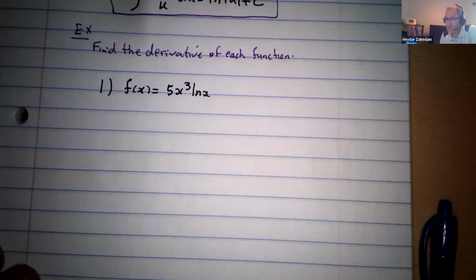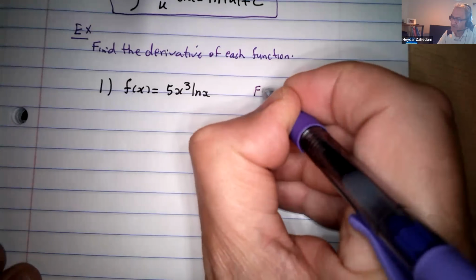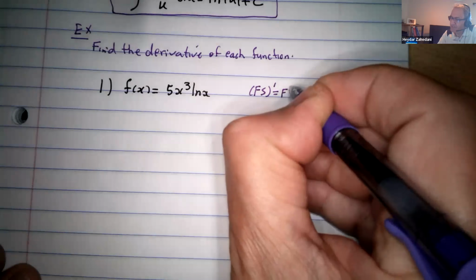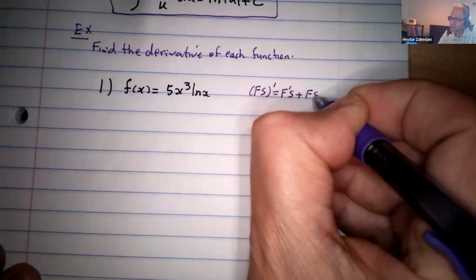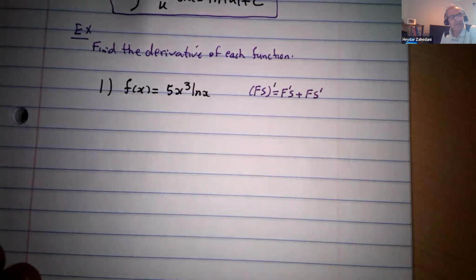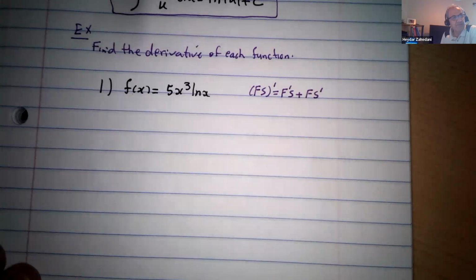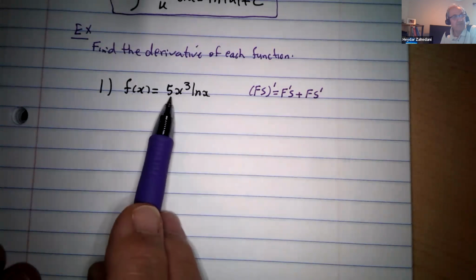The first function is 5x cubed. The second function is ln x, so you have to apply the product rule again. You see the product rule? First, second, derivative of the first times second plus derivative of the second times first. That's it. So the derivative of the first one, 15x squared, times the second one, ln x, plus derivative of the second one, derivative of ln x, 1 over x, times the first, and you have to